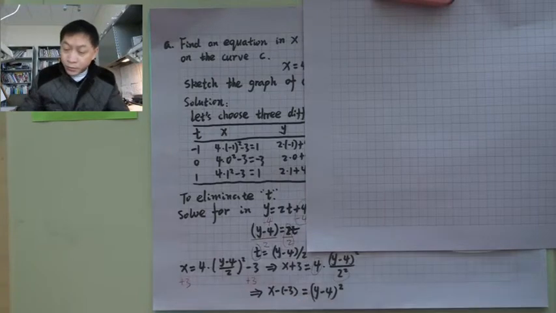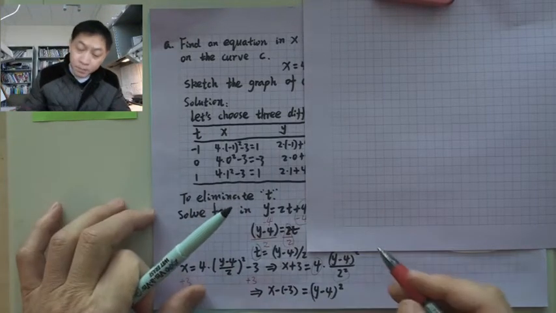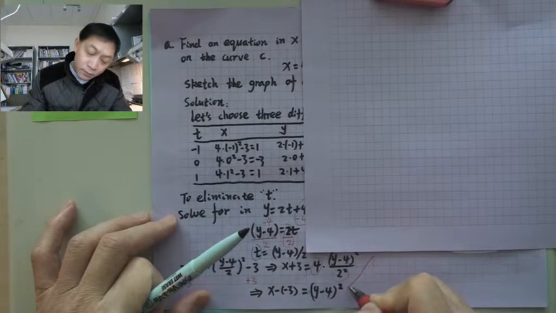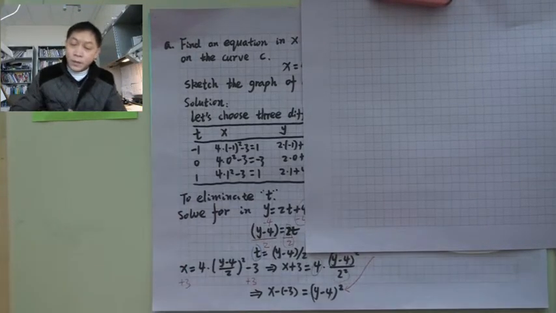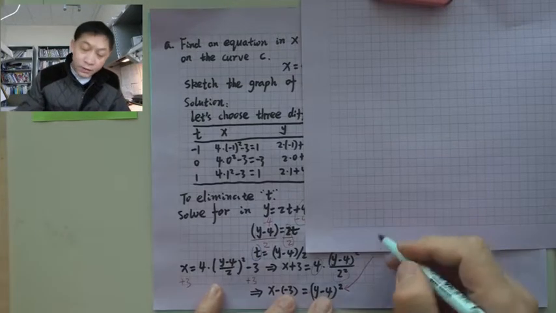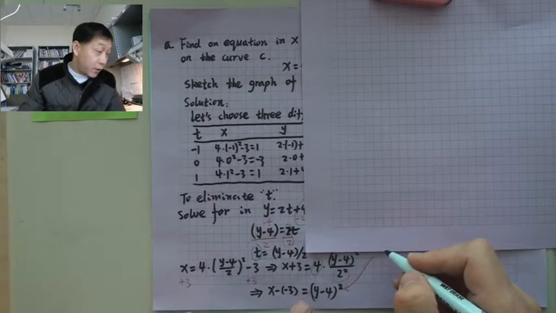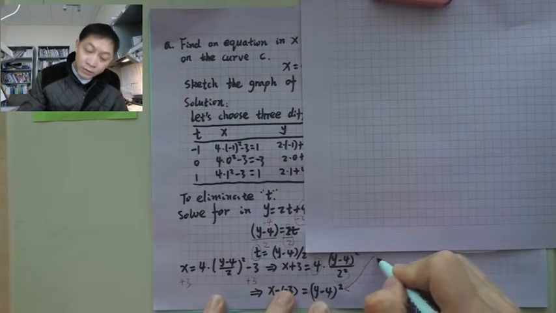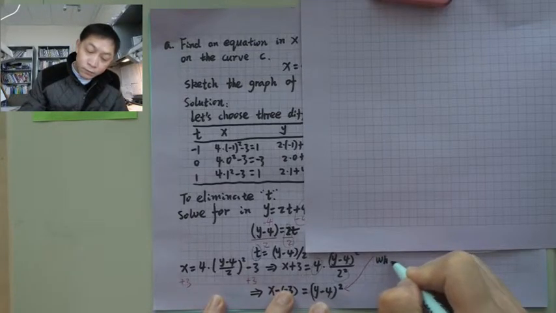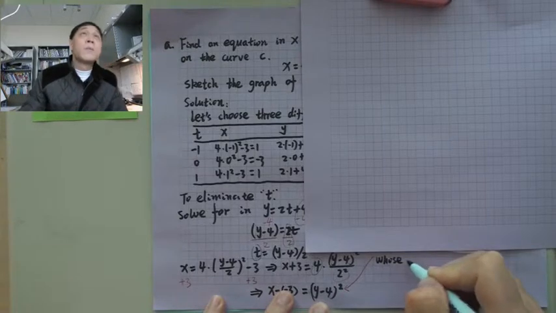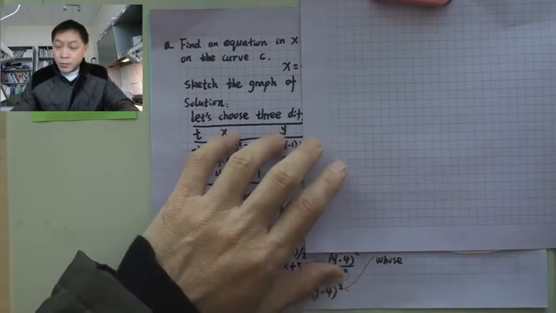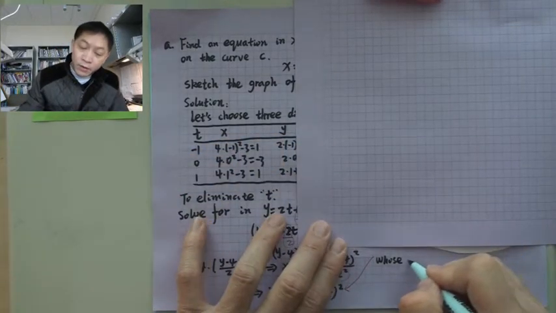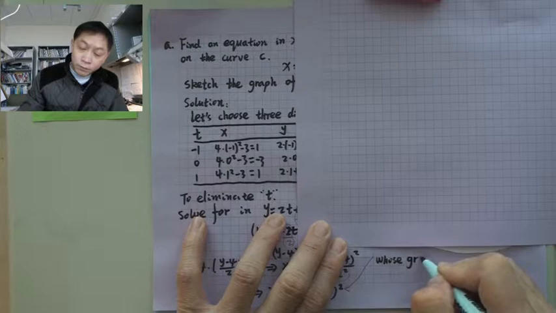I want to put some note here. Whose graph means the graph of this equation. Okay. Whose graph. Let me move this a little bit up. Okay. Whose graph